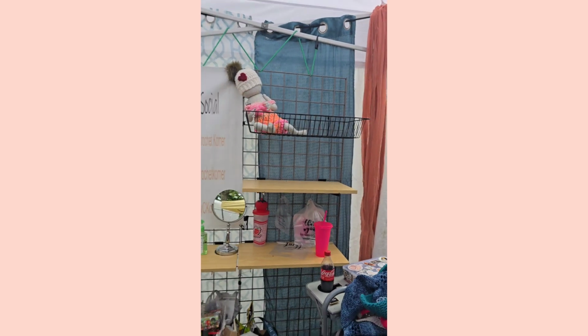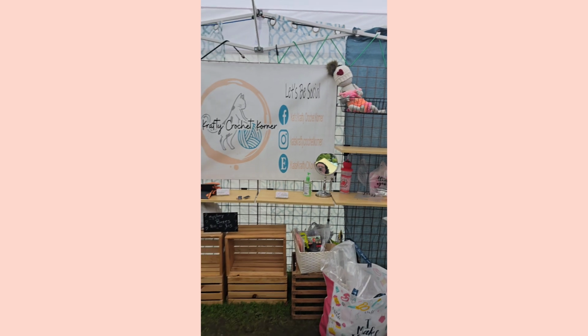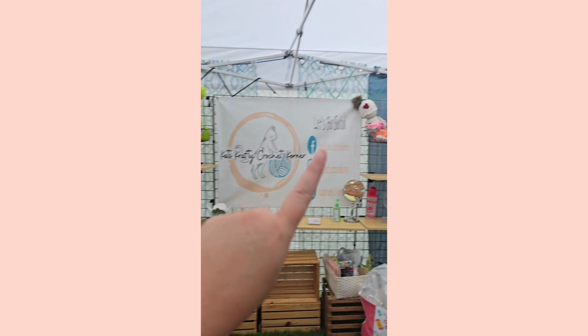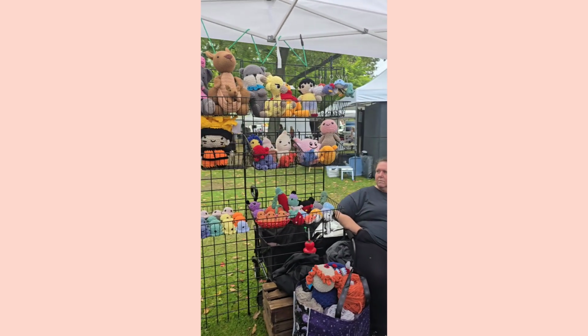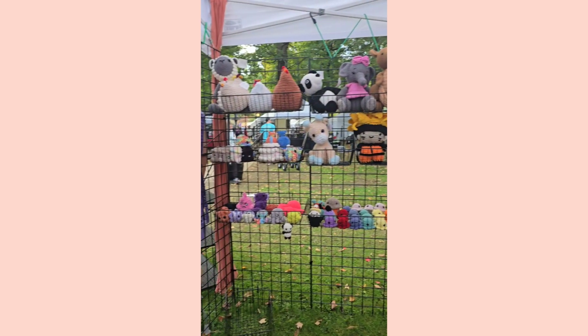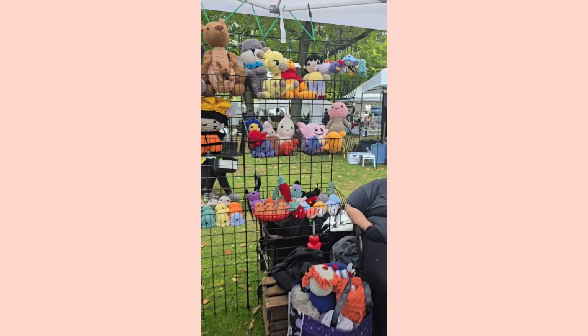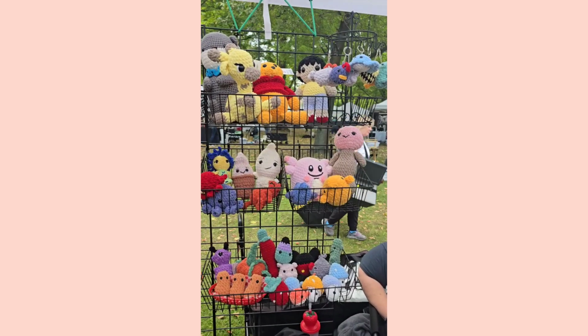Then here's our back wall with everything taken down. Other than Karen's big dragon and my baby doll, everything is gone from this back wall. And then this is all that we have left toy-wise. That's it. So these 3 shelves,